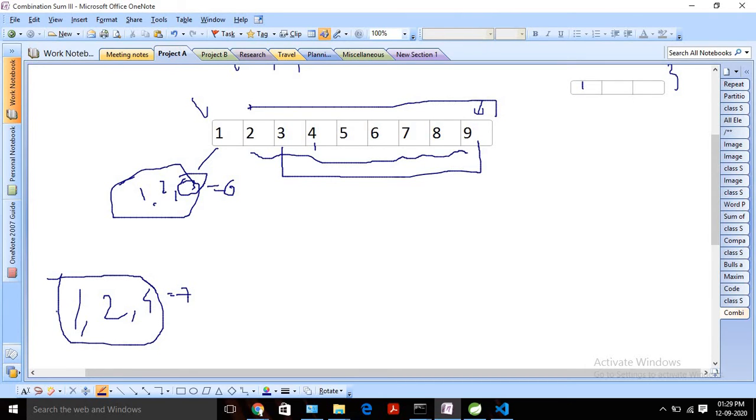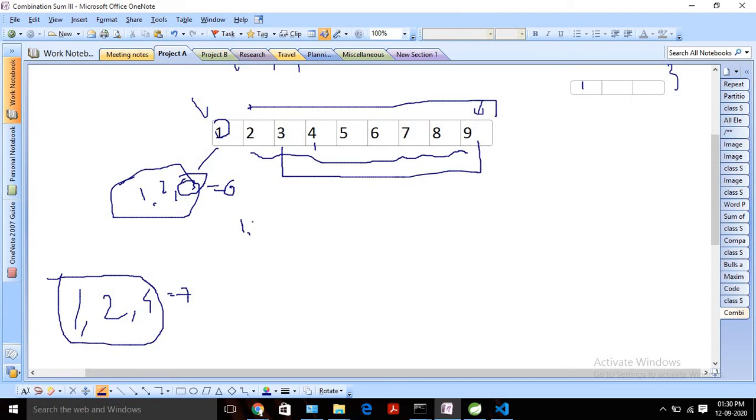Basically we are using a kind of backtracking. What we are doing here is we pick one number and we pick the second number from the rest of the numbers, and we keep doing this until my size is equal to k. Whenever I see that my size is increasing or the size is more than k, then we will remove the top number.